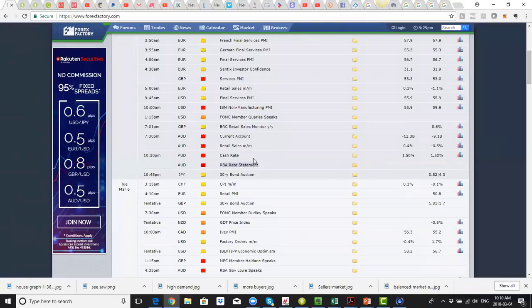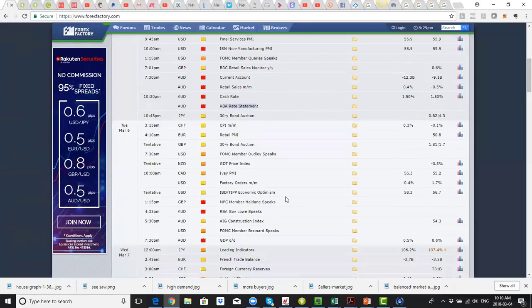If they do mention anything about a strong economy, the forecast being really good for 2018 or 2019, or they talk about good employment numbers, good data coming out, inflation going up, all of those would be taken as positive comments by the market, and the Australian dollar could go up. However, if we hear the opposite of that, if we hear worry or concern about the economy based on their commentary, that will be negative for the Australian dollar. So that's what we'll have to focus on. They're not expected to do an interest rate hike at this point.